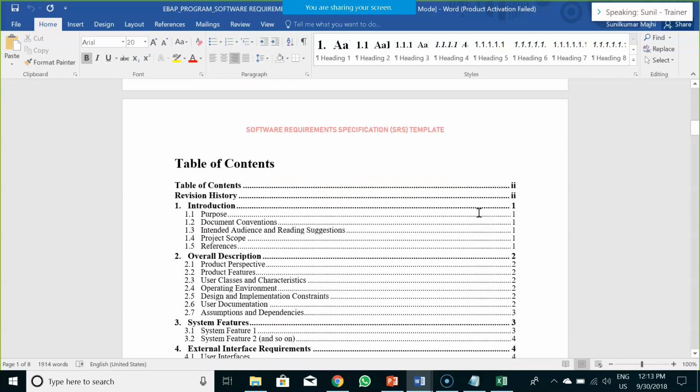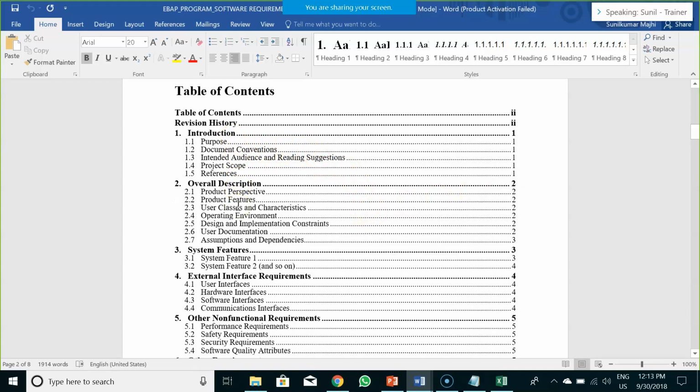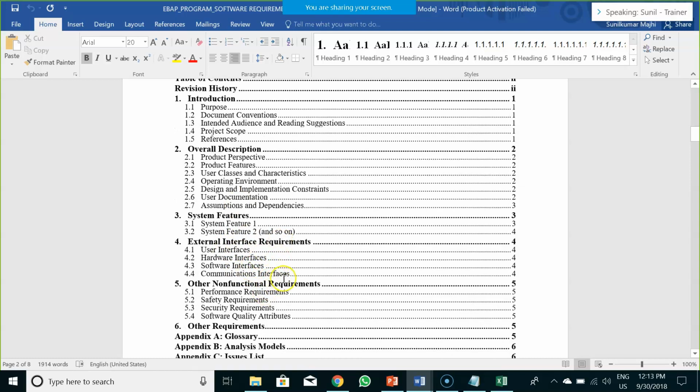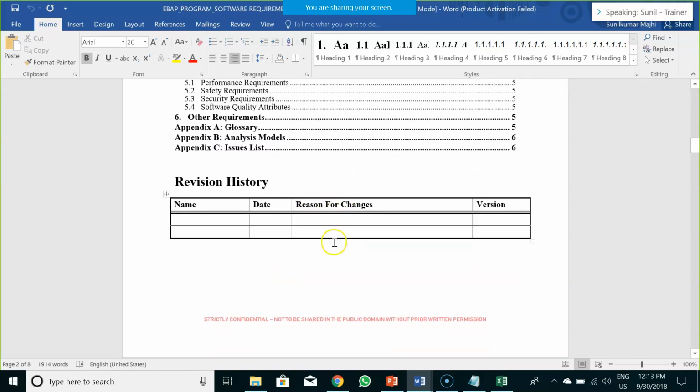After that, you would have your table of contents: the introduction section, the overall description, the system features, the external interface requirements, and the other non-functional requirements. And then, like the document history, we would have the revision history.